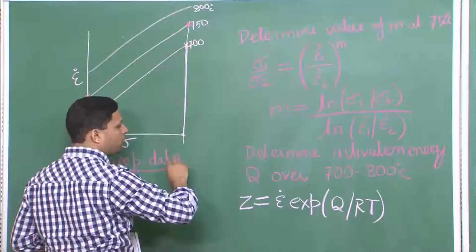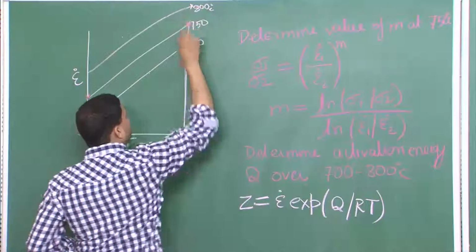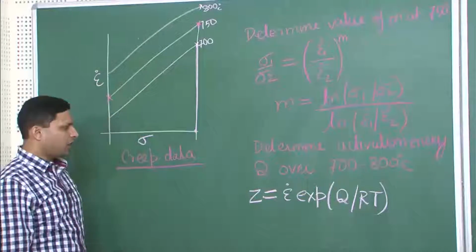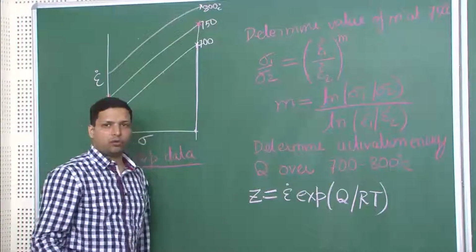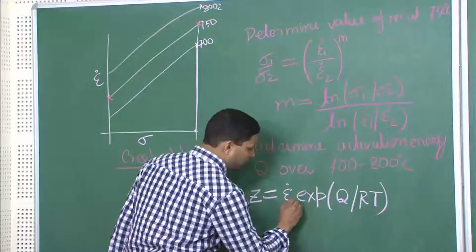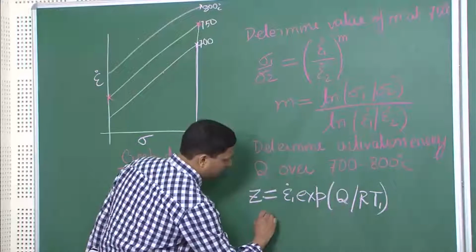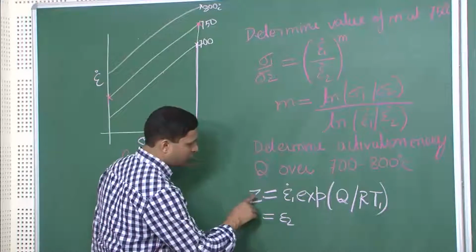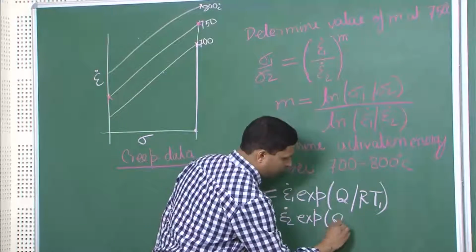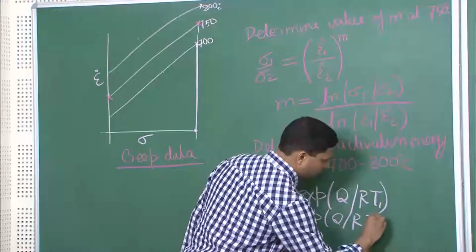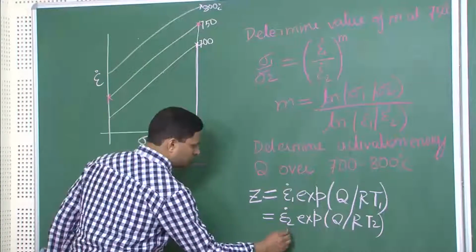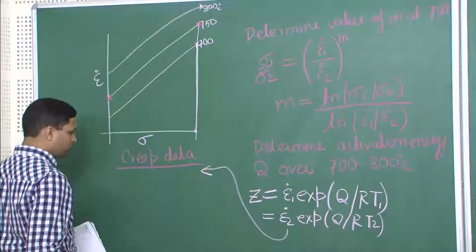This is the strain rate 1 for one temperature, and this will be the strain rate 2 at another temperature, and we are using the same stress value. It would mean that the Z value for these two points would also remain the same. Therefore, if this was strain rate 1 and this was T1, then this same Z is equal to that for the second point where you have the same flow stress. And once you have this, then we get